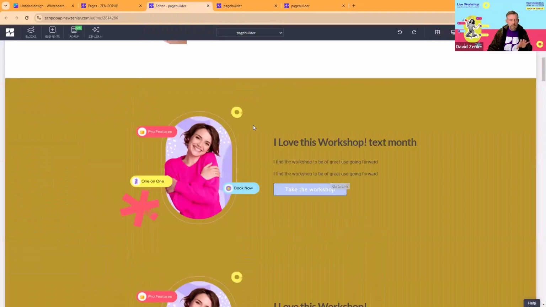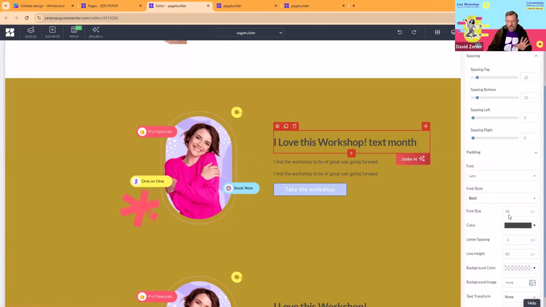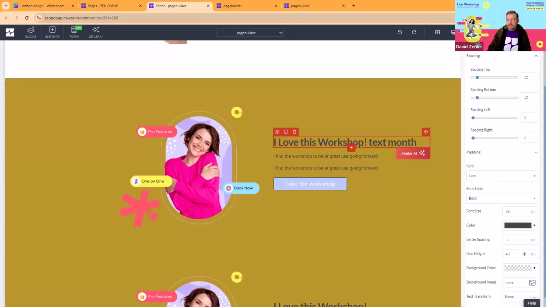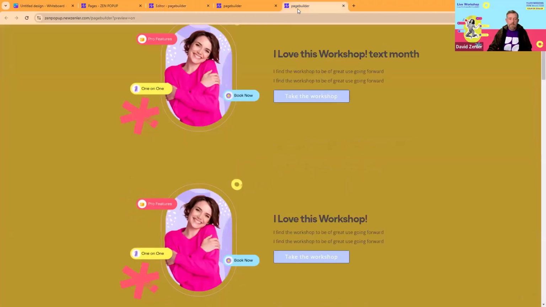Okay, so to put that right, what I like to do is take the font size, and on that font size, I like to add 3 or 4. So 36, I'm going to add in here 40. Okay, and that will give me a much better spacing between the two, and then you can tweak it. Now, always have a little document or a branding sheet telling you not just your font size, but also your line height, because it matters, because it's going to show.